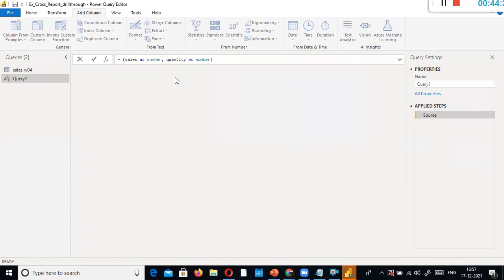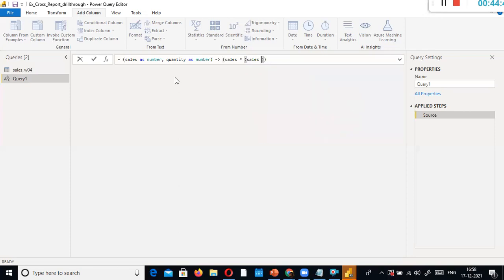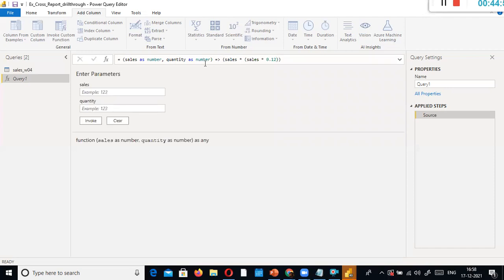Okay, and in the end, what I do is I just do something in the sales into 0.12. So what I do is I just pass 2 arguments here, sales and quantity.